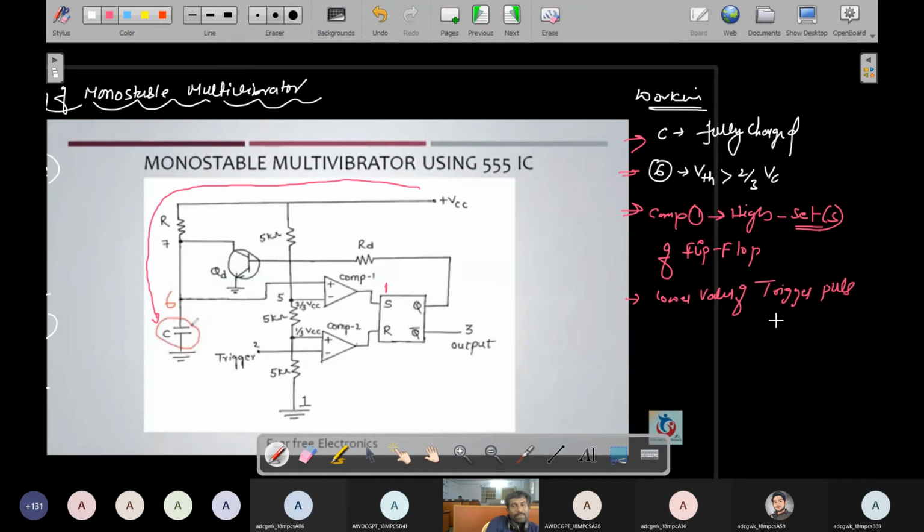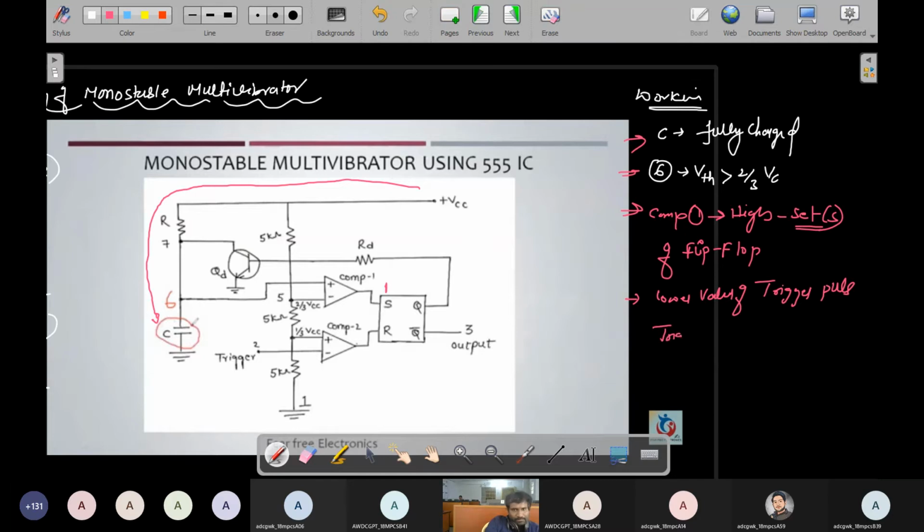Trigger pulse means an external pulse or external voltage, whatever it may be, you can consider anything. Trigger pulse means external binary operation, 0 and 1. If you give a lower trigger pulse, it means the lower value is given. The lower value is almost all negative voltage, so the comparator selects negative voltage. Because the trigger was given low, and low means it is a negative trigger pulse, and negative will be positive, and this value is compared to 1/3 VCC.